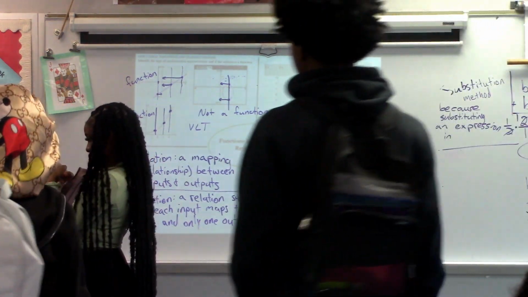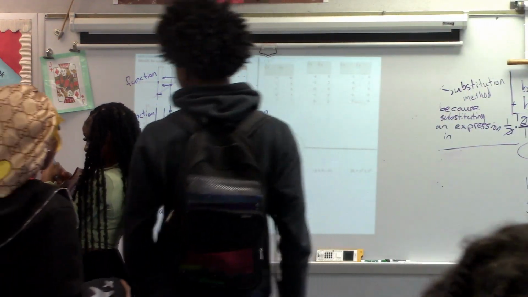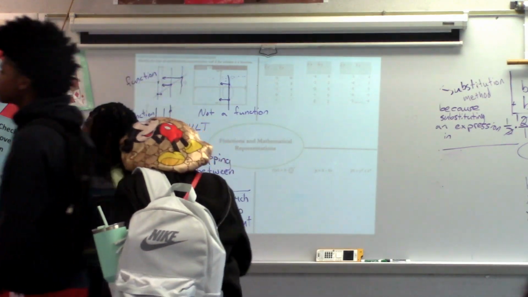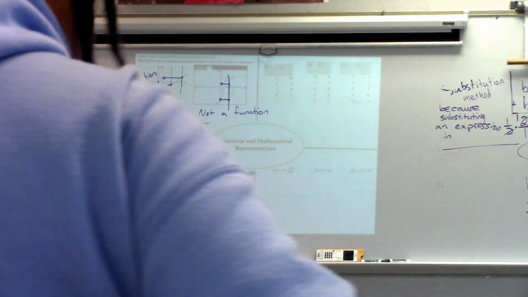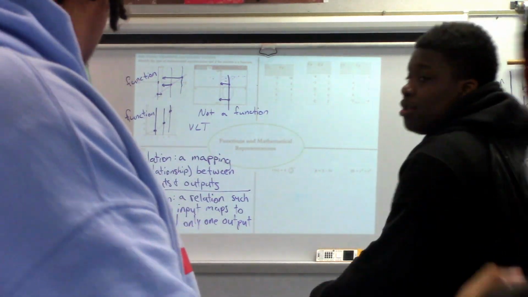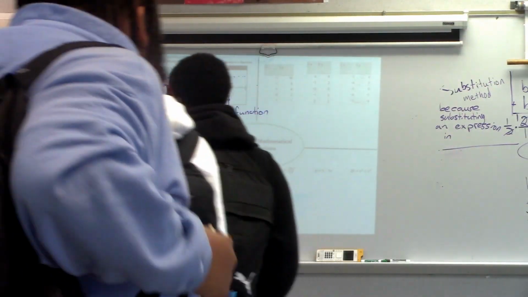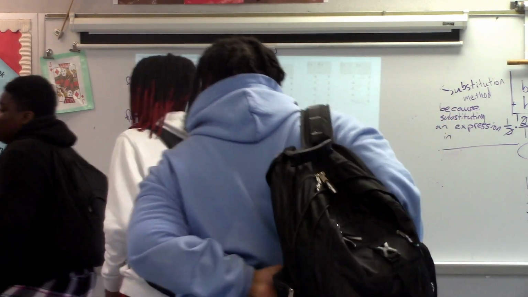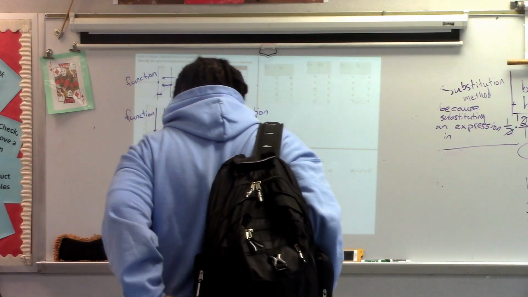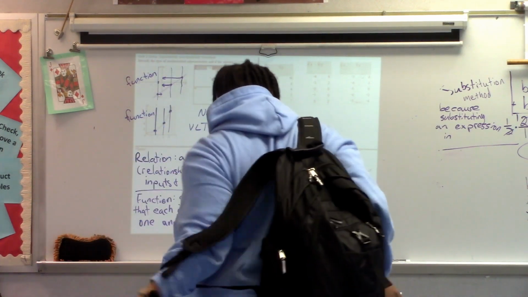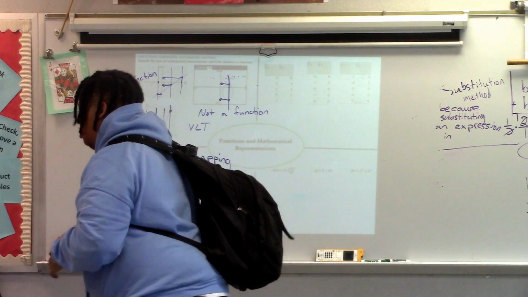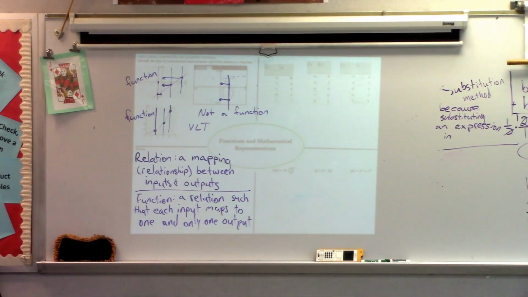I'm making the range of it. What is -2 mapped to? Is -2 mapped to anything else? -1 only goes to 4. 0 only goes to 2. Well, inputs go into outputs. Your outputs can repeat, the inputs cannot. So each input maps to one and only one output. And so you want to think about that with both your equations and